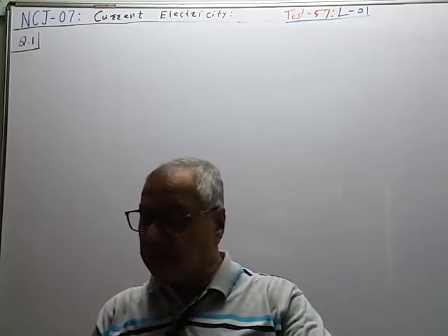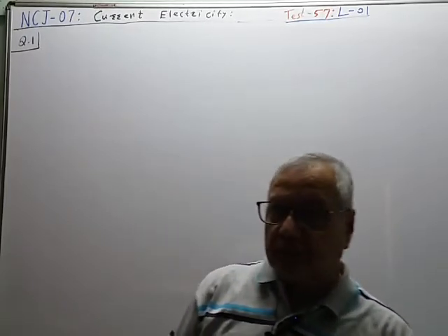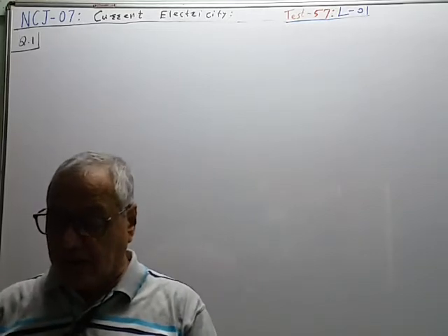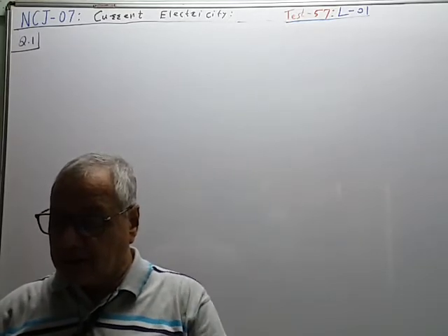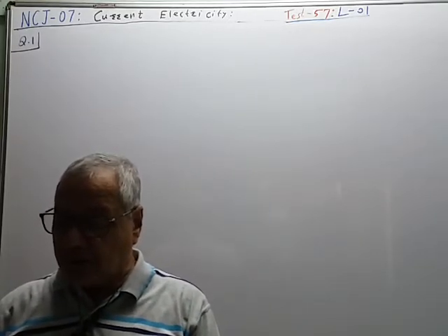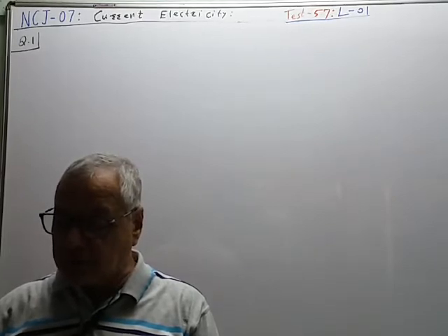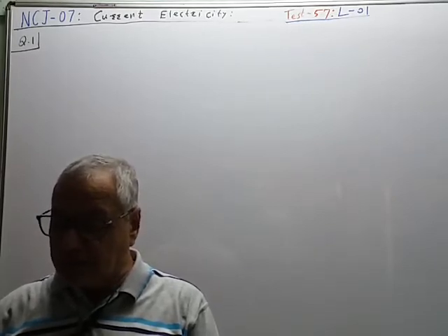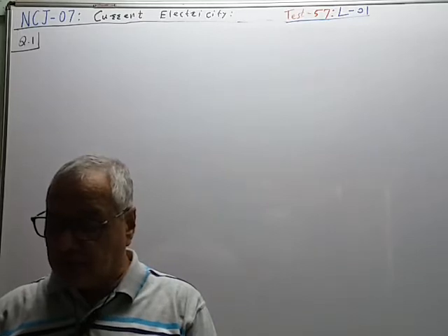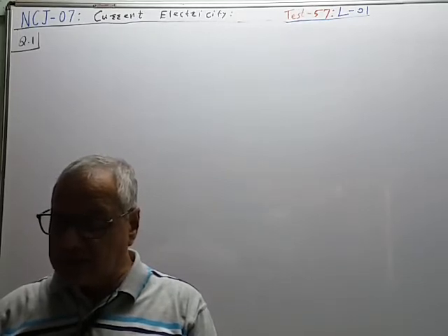So I will read the first question. Question number 1. The masses of the three wires of copper are in the ratio 5:3:1 and their lengths are in the ratio 1:3:5. The ratio of their electrical resistance is